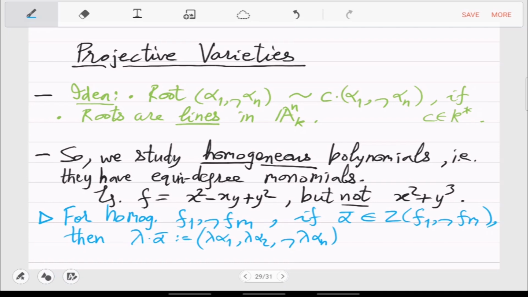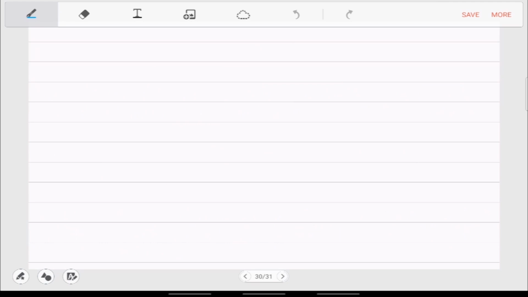Every coordinate scaled by lambda is again a root, for all lambda in the field, including 0. So in particular for a homogeneous system, 0 is always a root, and if alpha is a root, then any multiple is also a root. So we just want to remove these extra roots, and for that formally we define